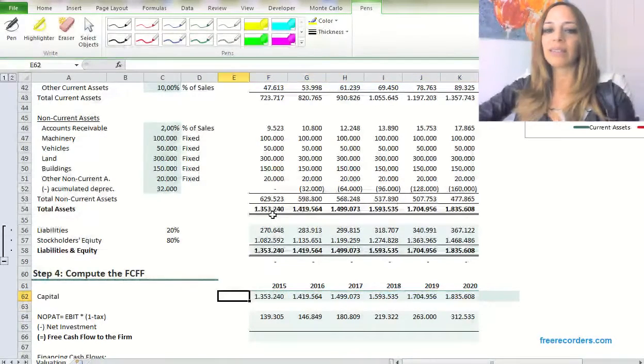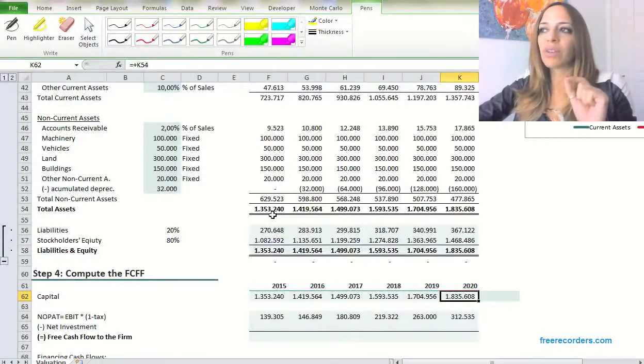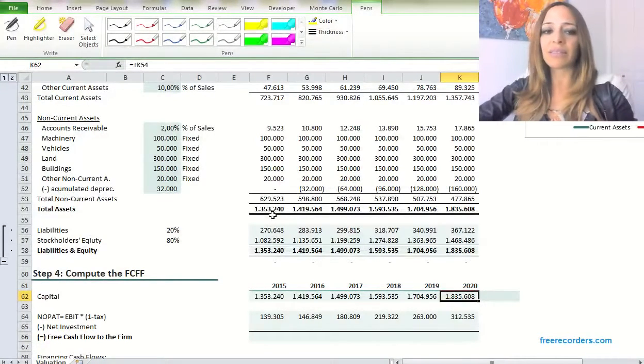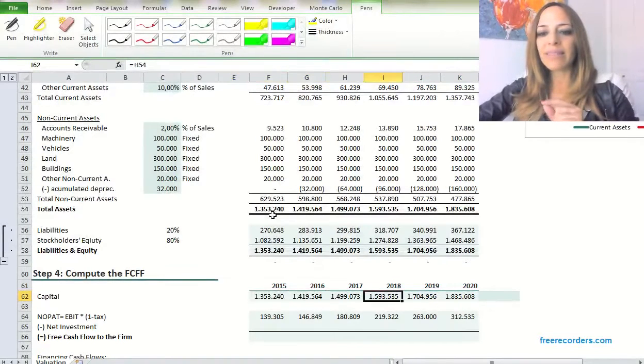Okay? As you can see, capital is growing, especially it's growing due to the current assets in this case. It's growing because we are expecting to grow on sales, and we can do it with maintaining fixed some assets, for example, land, but we cannot do it without more inventory, more accounts receivable. And then please note